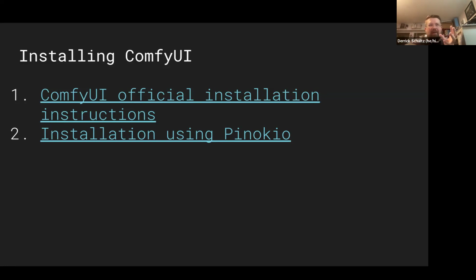You install its own little app, and then you have to open the app, and then you have to go and sub-install stuff. So I'm happy to help people if they want to try that. I would say first and foremost, try the ComfyUI official instructions. I have no problem using those. They tend to work pretty well.